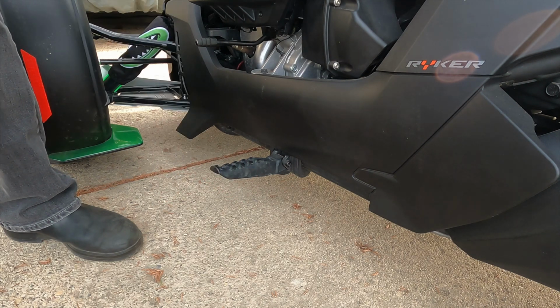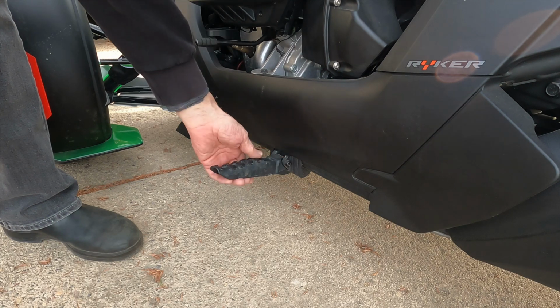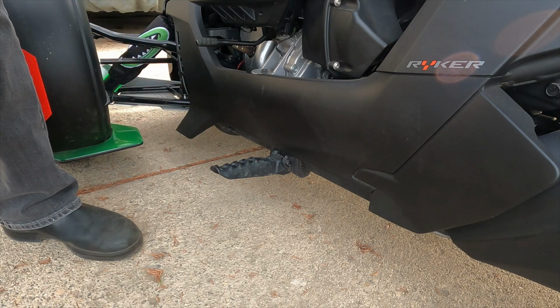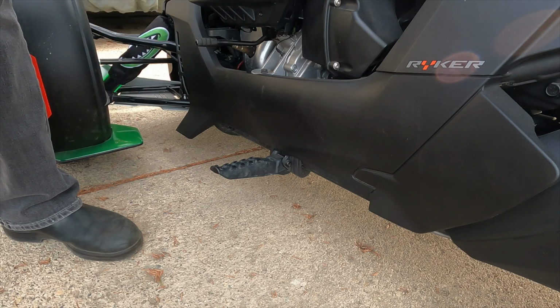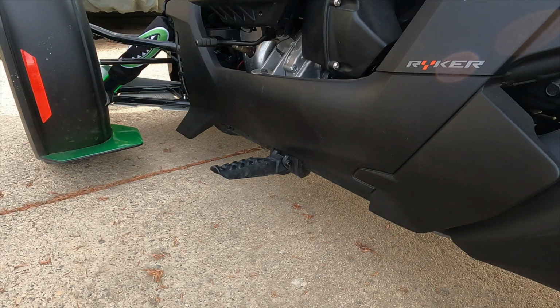So the easy way to do this is basically we're going to remove that bolt. This comes off, we'll put the floorboard on, and then use this supplied bolt to put it on. So it's that easy. We're going to do the left side and we're going to do the right side. I'm going to show you both installs because the right side has the brake pedal and there may be some adjustment. Now what I am going to show you is how my foot comes down on that